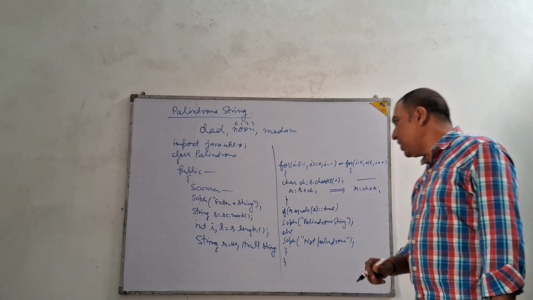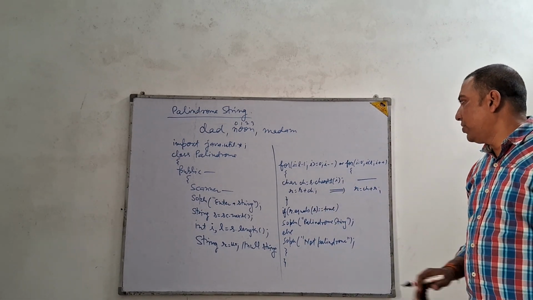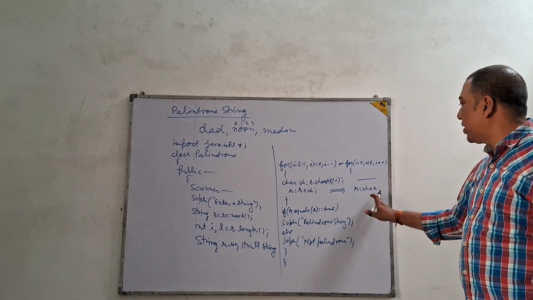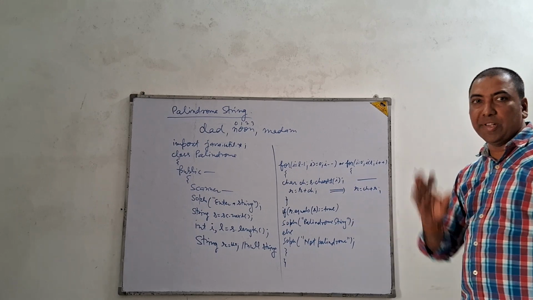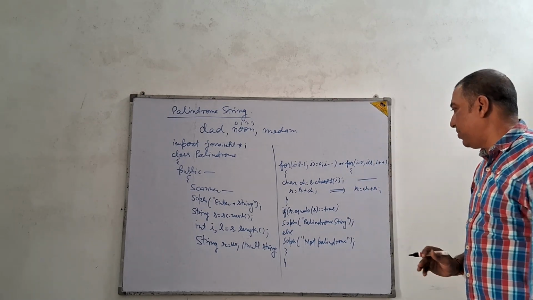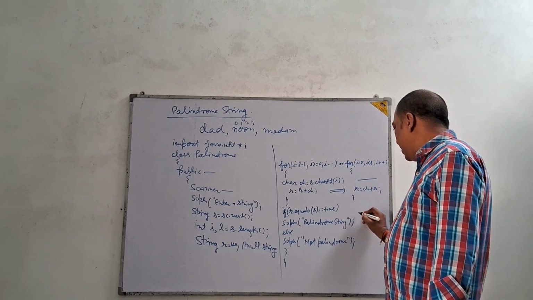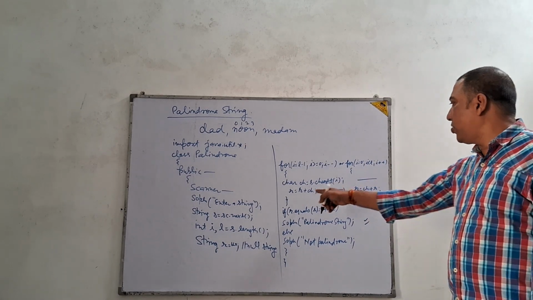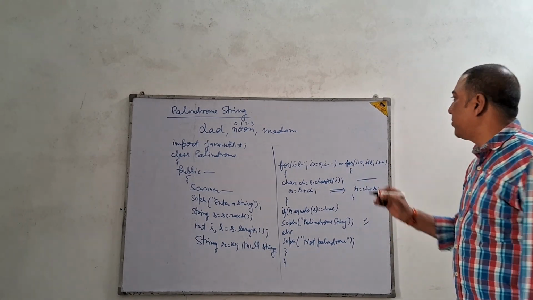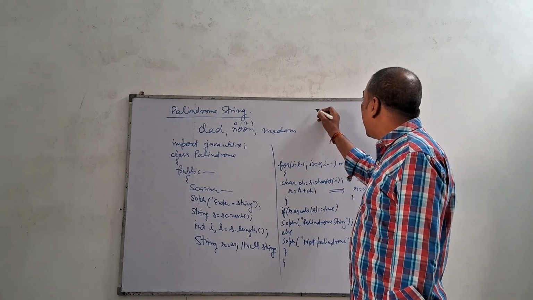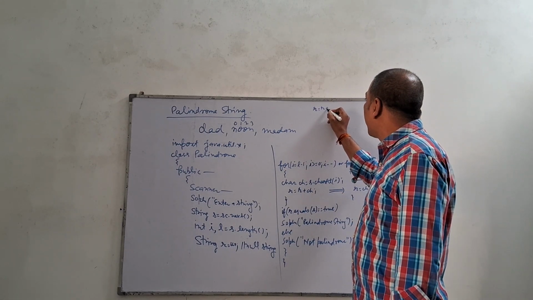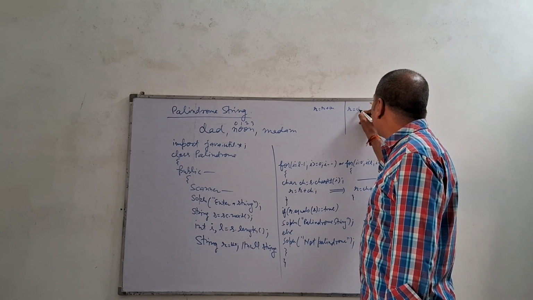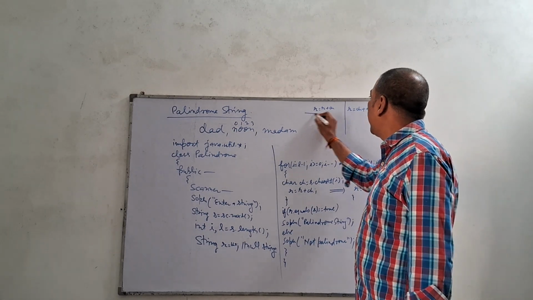In this we are using r is equal to r plus ch. Why? Because the loop is in reverse order. Here when the loop is in increment order, you will write ch plus r, meaning the extracted character you will add on the left side. And all this will be the same. Just we can have a test of how these two different lines are different from each other. When we write r is equal to r plus ch, and if you are writing r is equal to ch plus r, how are both the lines different?